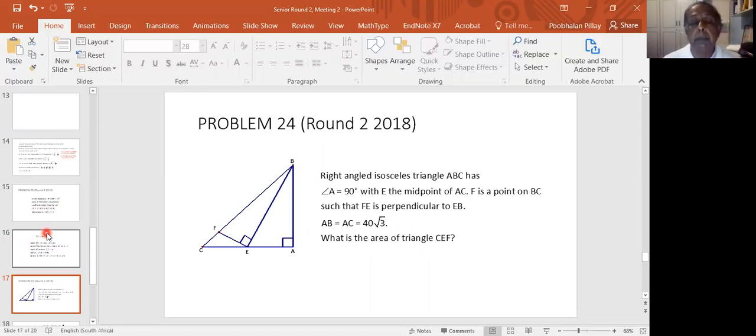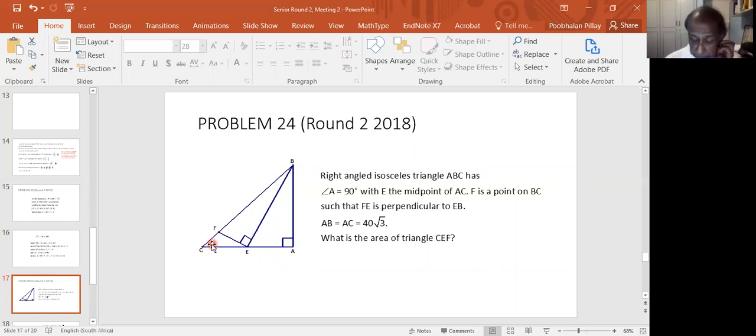Now here we have a geometry problem, number 24. Right-angled isosceles triangle ABC has angle A equal to 90 degrees. Let's just stop there. So this is a right-angled triangle. I can see it's ABC. And it's isosceles, that's important. So it means that these sides are equal. AB and AC are equal. So these angles are equal and they add up to 90. So immediately you know that these angles are 45 degrees because it's